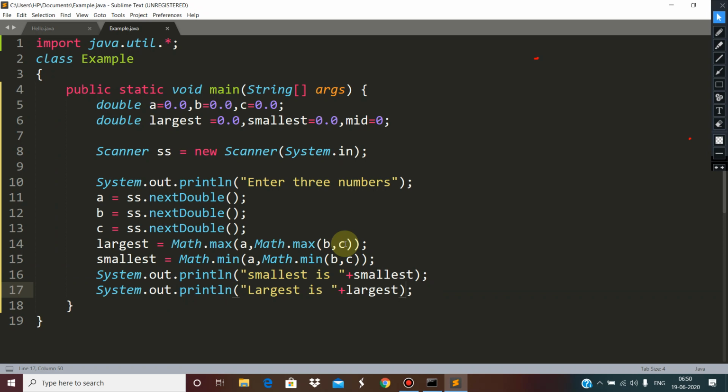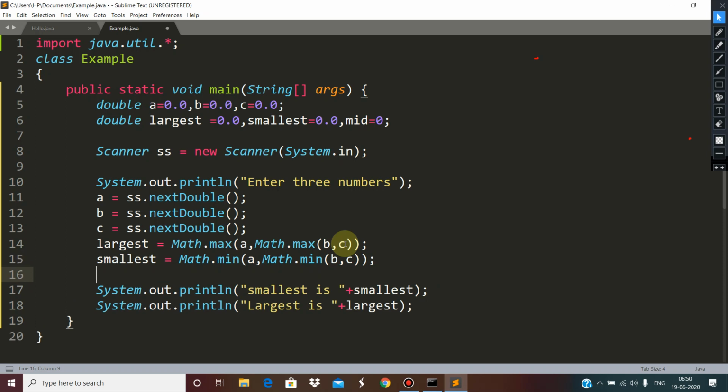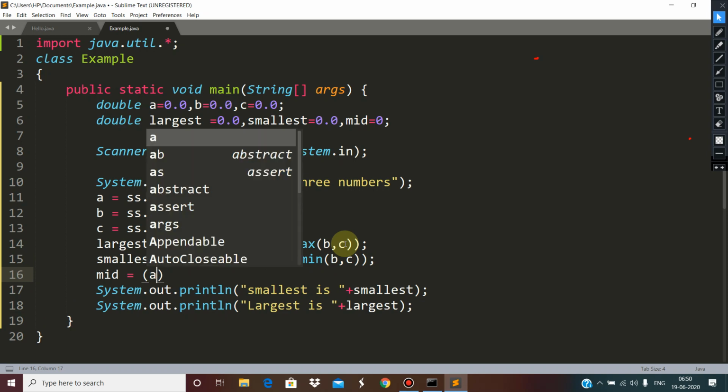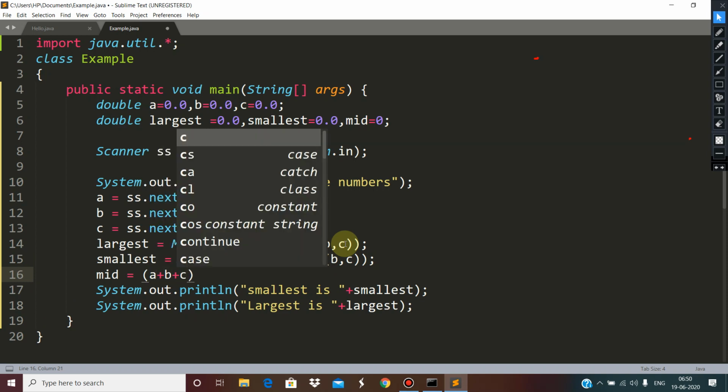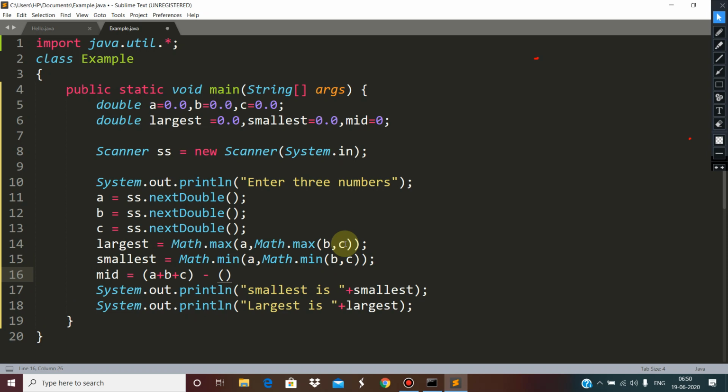Now the question is how to find out the second smallest. Children, for the second smallest we can use this method, which is the addition of all and then subtracting smallest plus largest from the sum total. Suppose the value of A is 1, the value of B is 2, the value of C is 4.